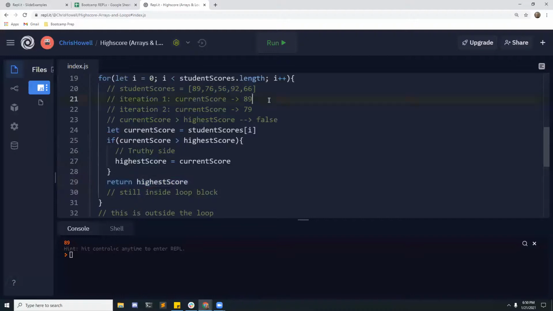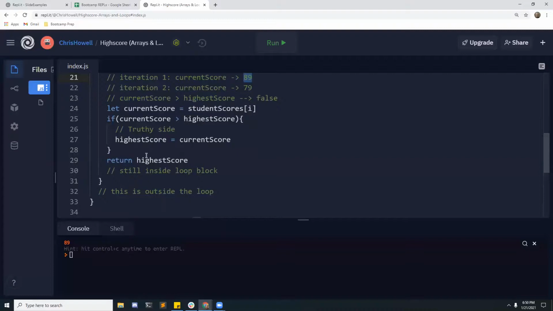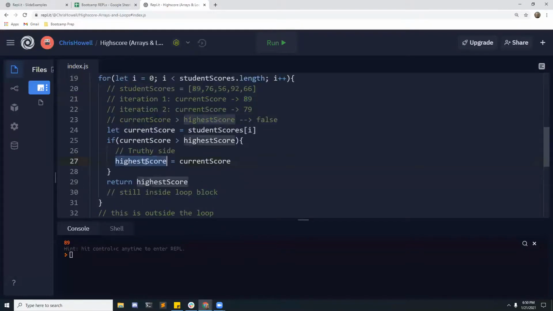So on our first iteration, we were at 89. We ran this code, right? And highest score did get set to 89, but we returned it on the first iteration. So the loop didn't even finish iterations. It did iteration 1, and because we ran into a return statement, it broke us out of the loop and exited the function immediately. So you have to be careful where you put a return statement, because it will exit your function with that value. So we have to move this